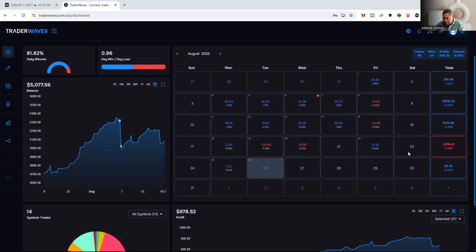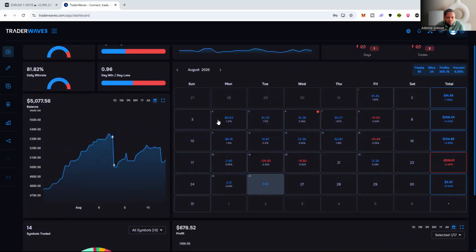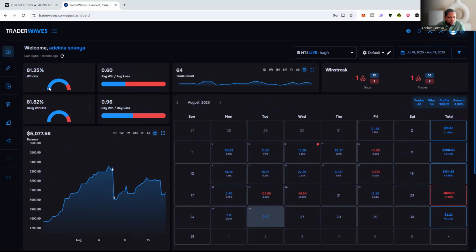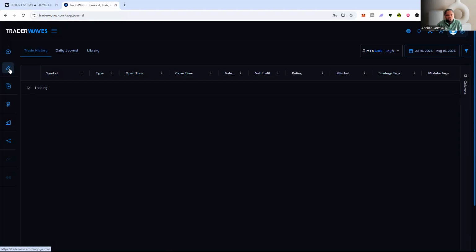I closed some trades at losses. You can see I have negative 128. The other week I have positive 134. The other week I have 204. So you can see that. And then overall, it's going to tell you your win rate, your daily win rate, your average win and average loss and everything. And if I go to the journal, which is the part I really like most about it,